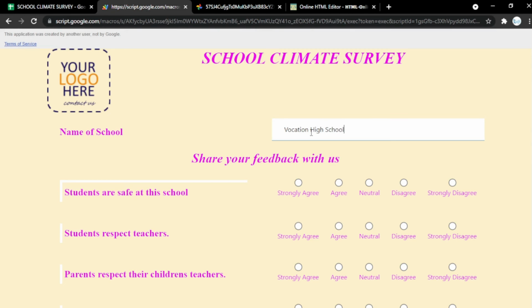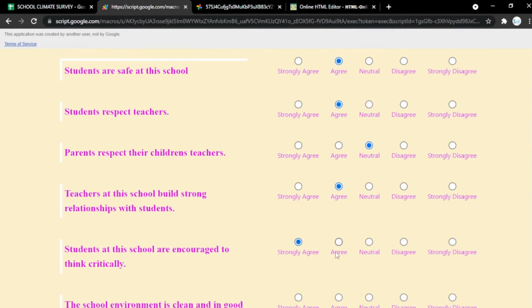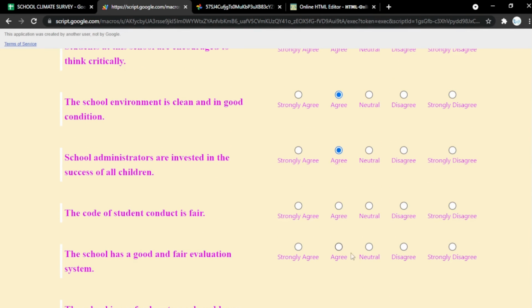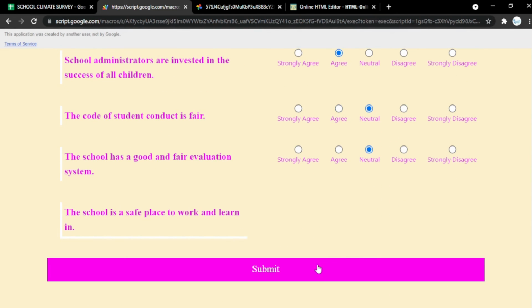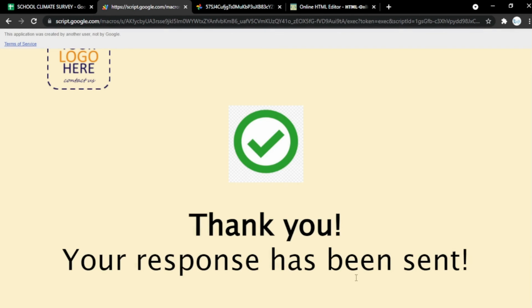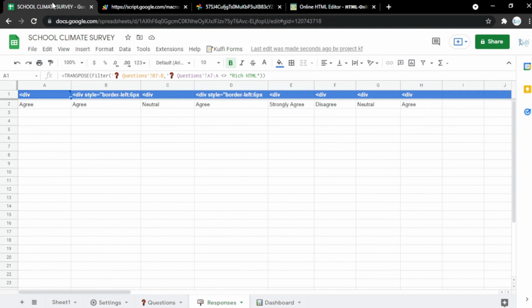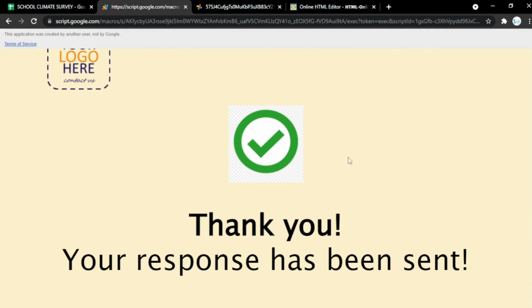You can try it by yourself to fill in the answers of your form like this. You can just fill in anything that you want, just click Submit, and then it will show the response like thank you like this. Go to Google Spreadsheet to check the response, and it will show like this in the